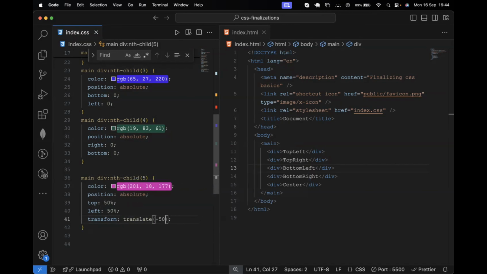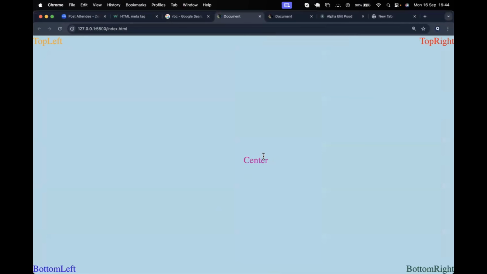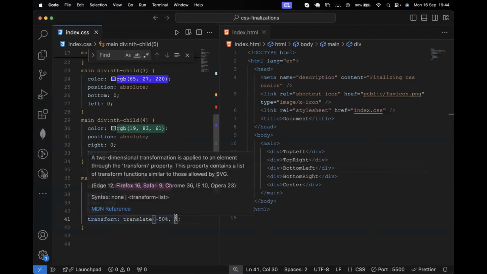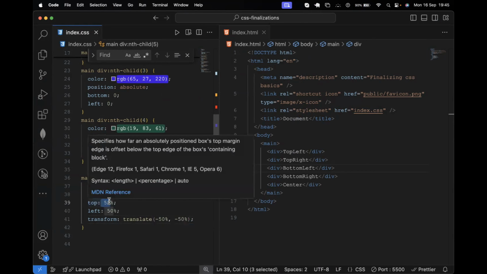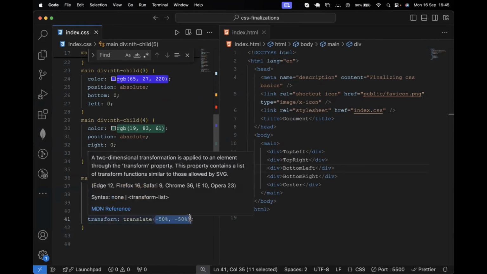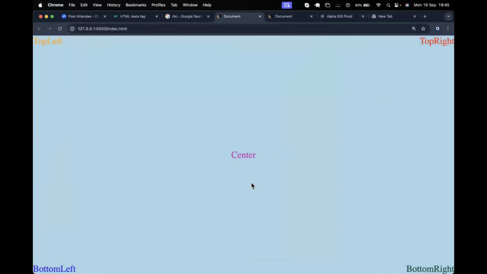You need to give it a negative 50%. That is to say, you're removing the offset that was taken by the width and height of this content. You make sure that you transform it with a translate of negative 50% on both axes. The same sizing that you put here should be the same sizing that should be here. Right now, you'll be sure that this is well centered,